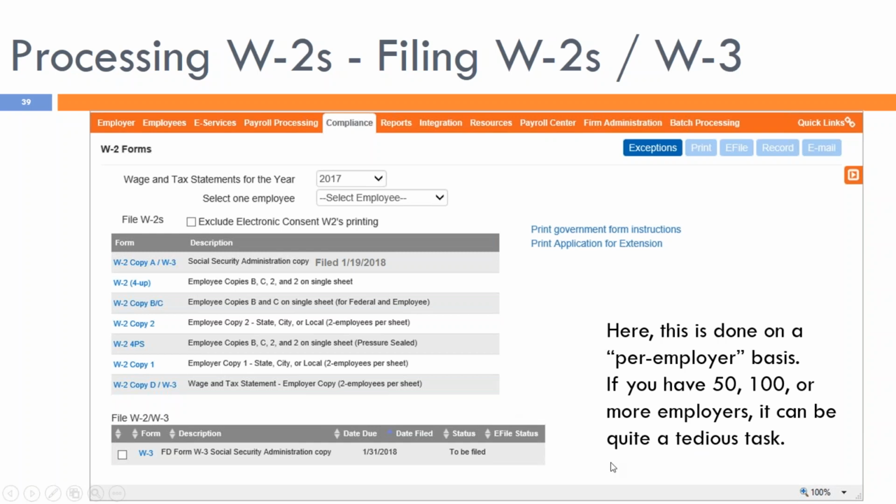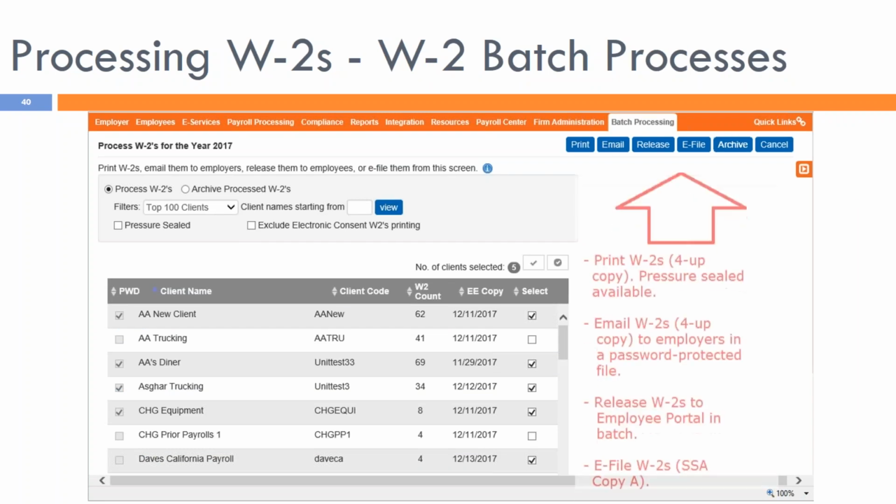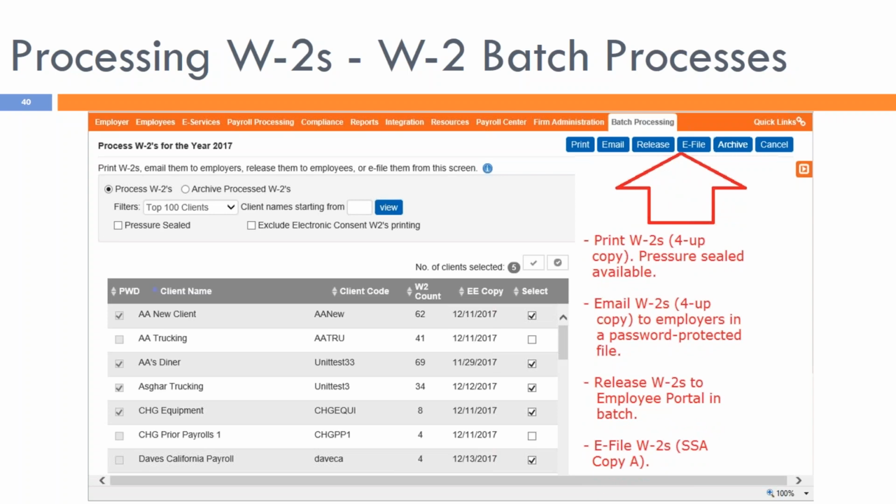So you want to do this by employer? Well, here it's done on an employer basis, but what if you have 50 or 100 or more employers? It can be quite a tedious task to go employer by employer. So the icing on the cake is batch processing. With Payroll Relief W-2 batch processing, you can perform all these action items. You can print, you can email, you can release W-2s to the employee portal, you can e-file,